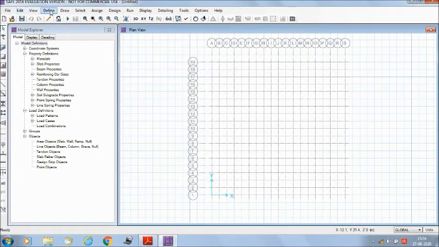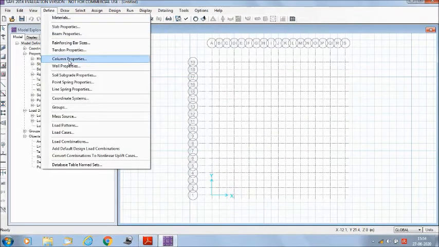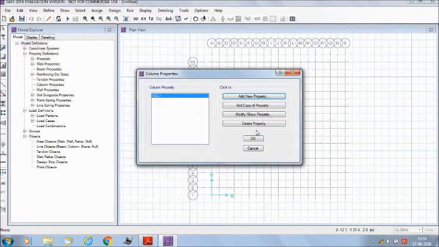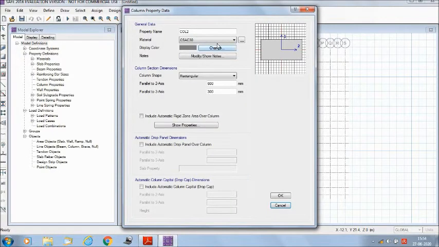Now we will go to define column properties. There are two types of columns here, one of dimension 500 mm into 500 mm and another one of 600 mm into 600 mm. So we will name the first column property 500 mm into 500 mm and the second column property having the dimensions 600 mm into 600 mm.